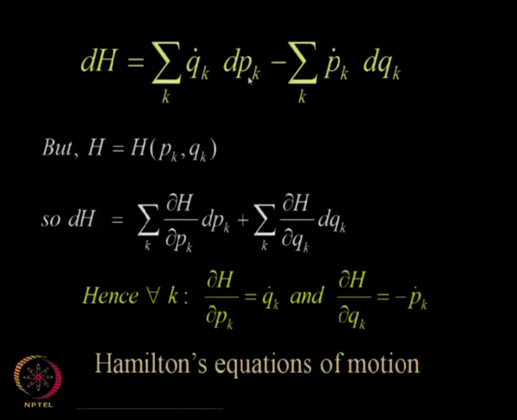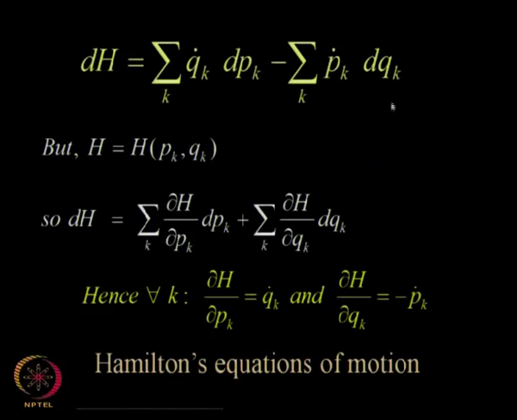Both involve arbitrary increments in the momenta and arbitrary increments in the coordinates, and they all add up to the same increment in the Hamilton's principal function. So, the corresponding coefficients must be equal, they had better be, right, for each degree of freedom. So, the coefficient of dP in this, which is qk dot, must be equal to the coefficient of dP in this term, which is del h by del p. So, del h by del p becomes equal to q dot,